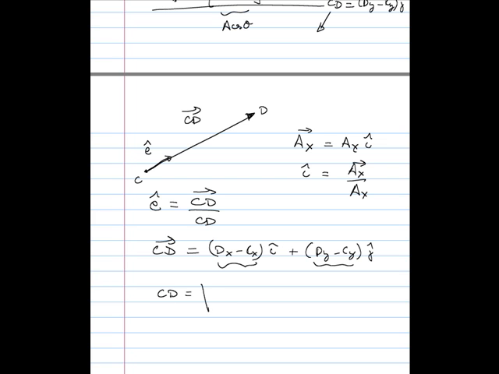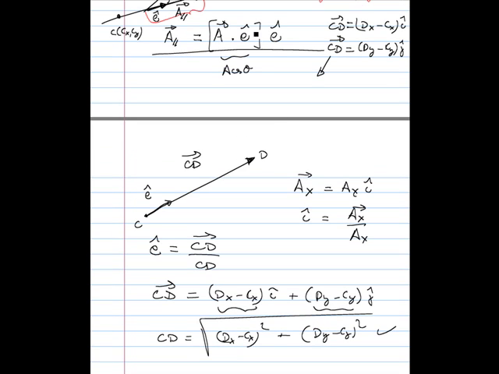So CD will be the square root of dx minus cx squared plus dy minus cy squared. So that will give me a number. All I need to do is take my original CD vector divided by this number, and that will give me my unit vector E, which in turn I can plug here,